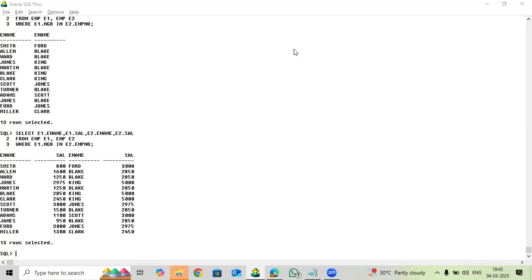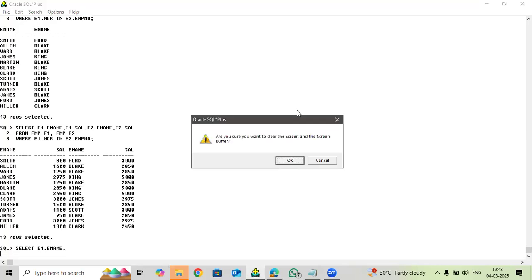Select employee name E1.ename, comma, along with the employee's salary, along with the salary of employees who are getting salary greater than